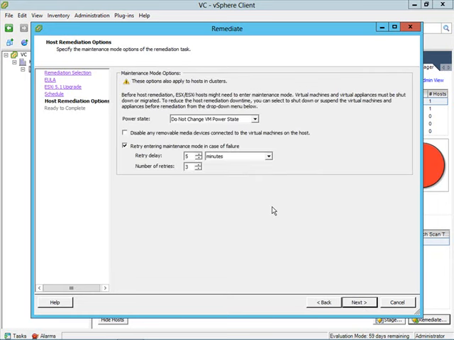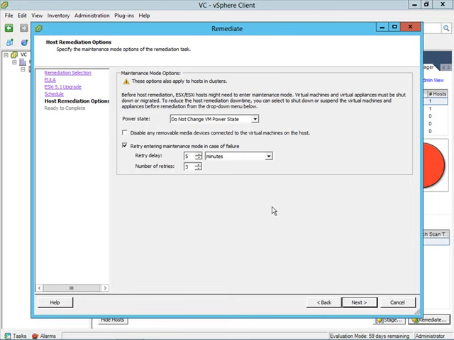Now, of course, we're warned that this host may need to go into maintenance mode. We know it will need to go into maintenance mode and actually reboot for this upgrade to be performed. Now, if you had an HA DRS cluster, you could actually use vSphere Update Manager to automatically vMotion virtual machines that were running to another host, perform the upgrade, and then vMotion the virtual machines back so there's no downtime. In this case of my simple lab environment here, I just have a single host and a single virtual machine,